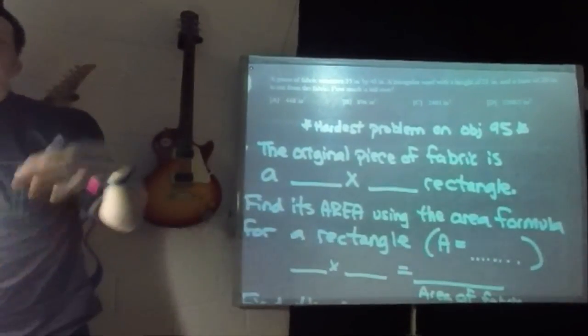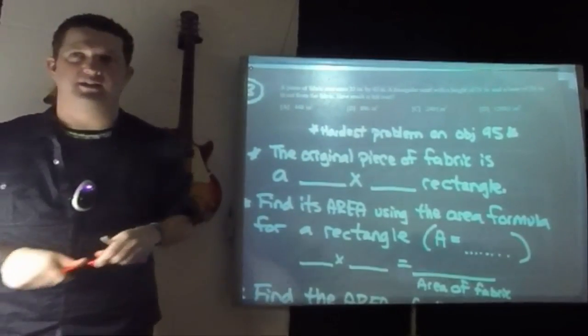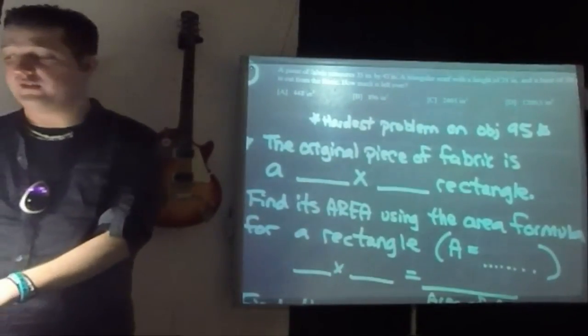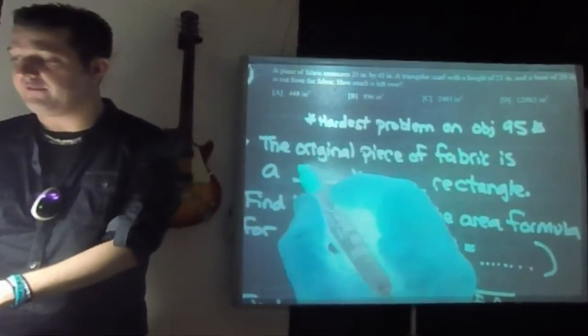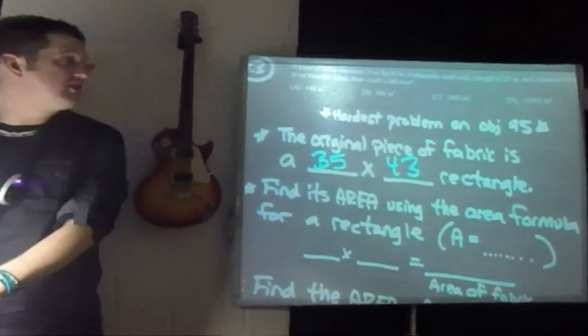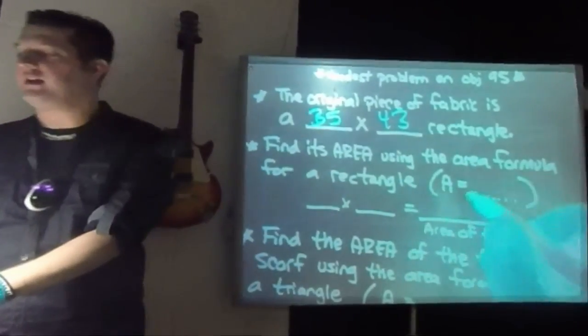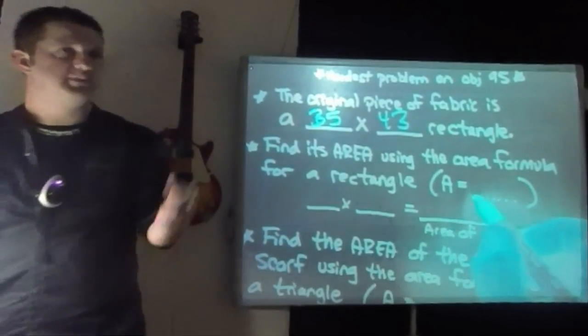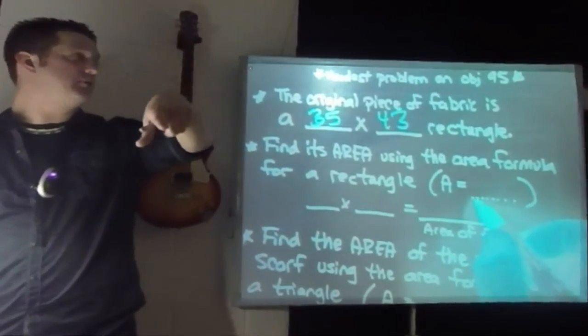So what we want to know is how much area did we get when we started? When we went to the store and bought it, we had a 35 by 43 rectangle. So what is our area? Remember, area of a rectangle is how many square tiles it takes to cover it. That's what it means. And to find it, we do